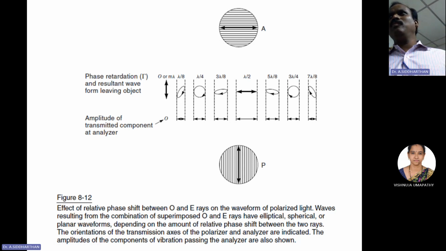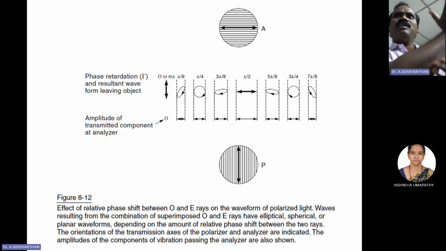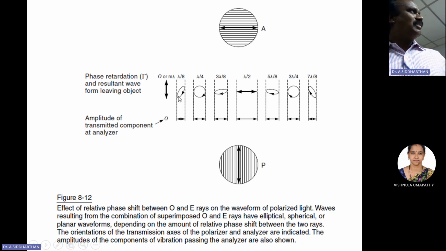Circularly polarized or elliptically polarized light can be assumed to be like a spring, and there is a vertical slot. If I put the spring in and turn it, it will come to the other side. So in a certain direction, partially some light will enter through the slots. That's what we call elliptically polarized light. Intensity is not equivalent to this one, but it is reduced. The intensity of this one is not equal to this one or this one, but there is some